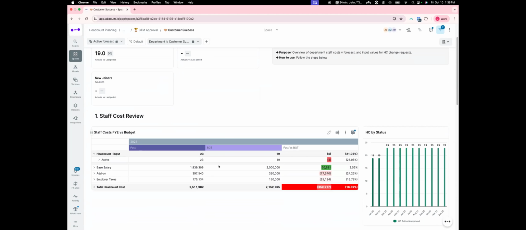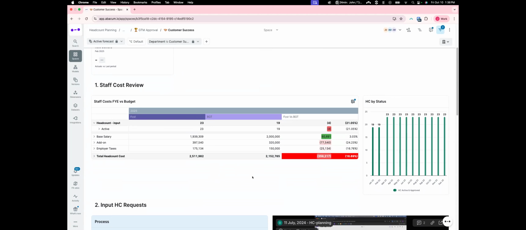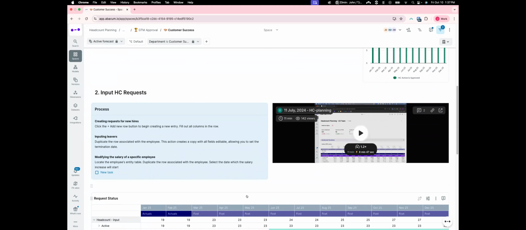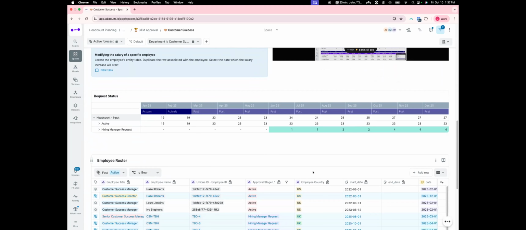And then you could have these nice tables that could track how they're tracking from an actual to budget standpoint as well. So they could come in and take a look at if there's favorability or unfavorability. You could include, once again, the directions in terms of how to fill out a request. You can include a nice little short tutorial video. And then below that, you can actually get into the